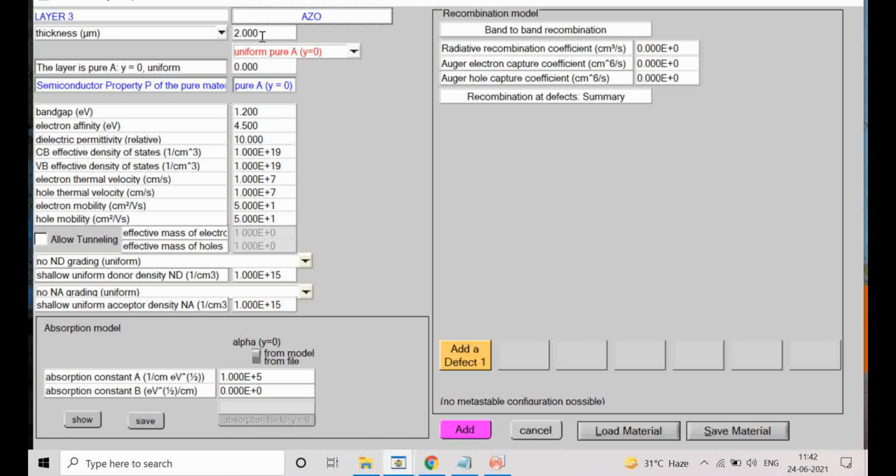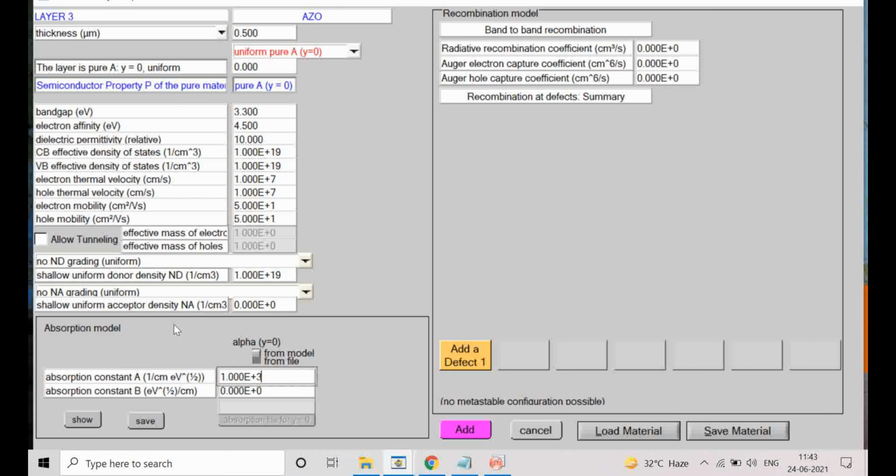So the thickness will be, I will take 0.5 micron, and the band gap I will take is 3.3 because 3.3 is the reported band gap, and I will keep other parameters the same. I will not vary it because my aim here is only to show you, not to exactly simulate it. So the thickness is high and the other parameters are okay. So one only I will keep, or you can keep 0 also, no problem,